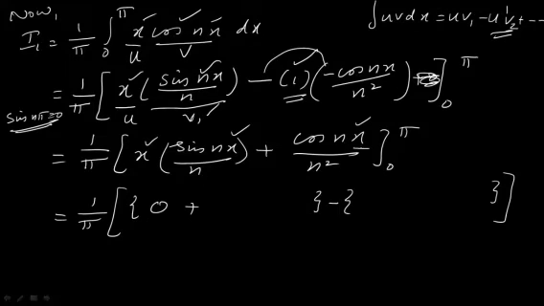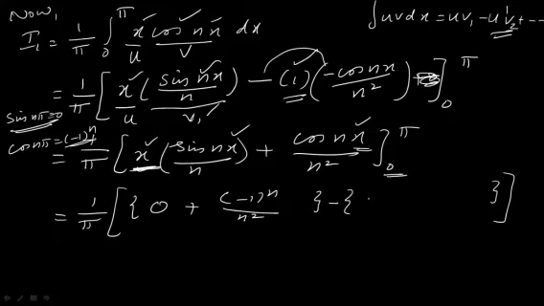Okay, if you replace this x by n pi, what do you get? Cos n pi. You know the value of cos n pi, that is (-1)^n. Cos n pi is equal to (-1)^n. Isn't it? So (-1)^n divided by n squared, upper limit over. Minus, coming to the lower limit, that is 0. If we replace this by 0, what happens?